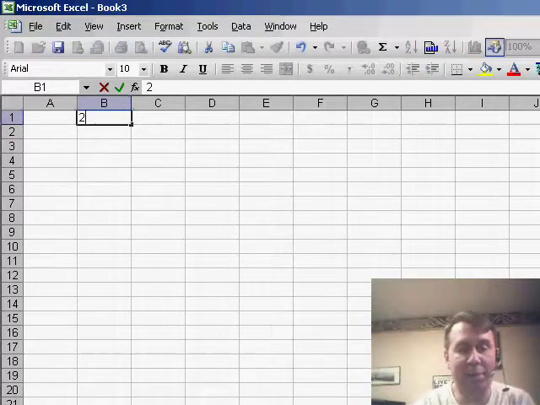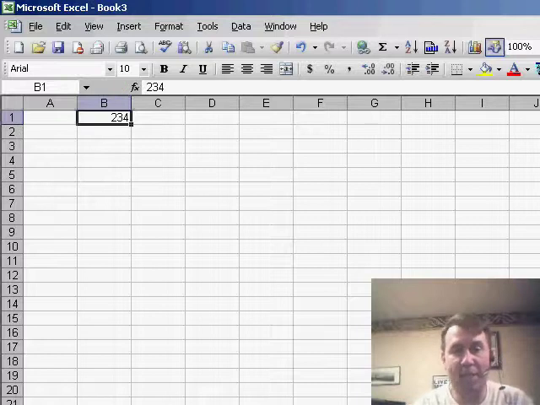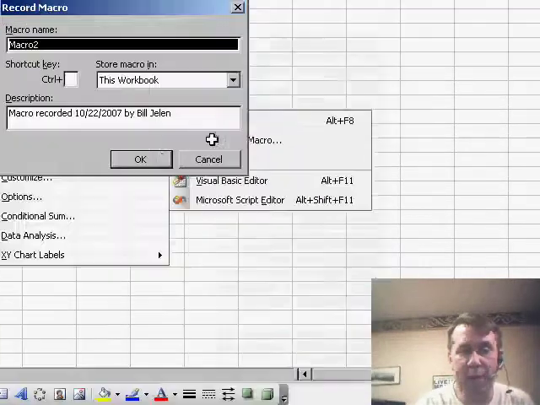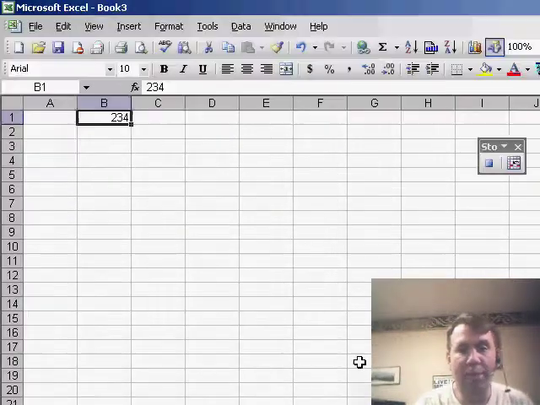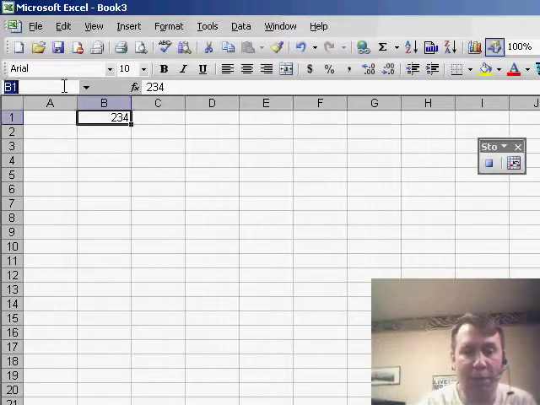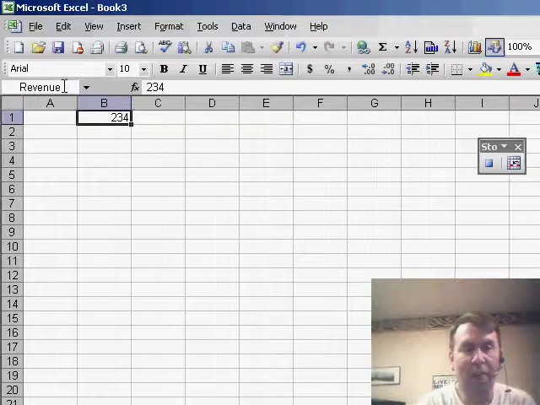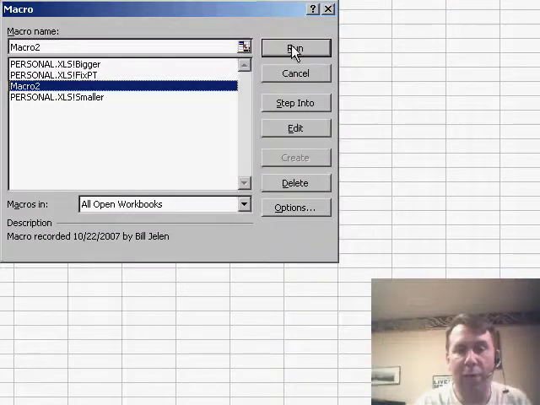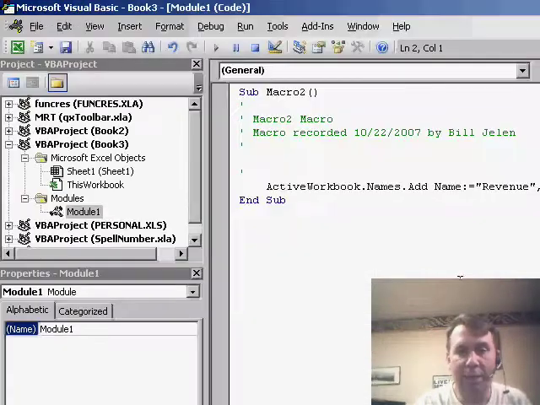If we were setting up a named range, so let's say that we have this cell in Excel and we would want to set up a named range, I'm going to turn on the macro recorder. Tools, macro, record new macro, and I'll click OK. To create a named range, the fastest way is just to go to the name box and type a new name. So we'll call this, let's say, revenue, and press enter. Now I'll stop recording and we'll go take a look at that macro to see how the macro recorder recorded that code. So I'll click edit, and it uses this code,